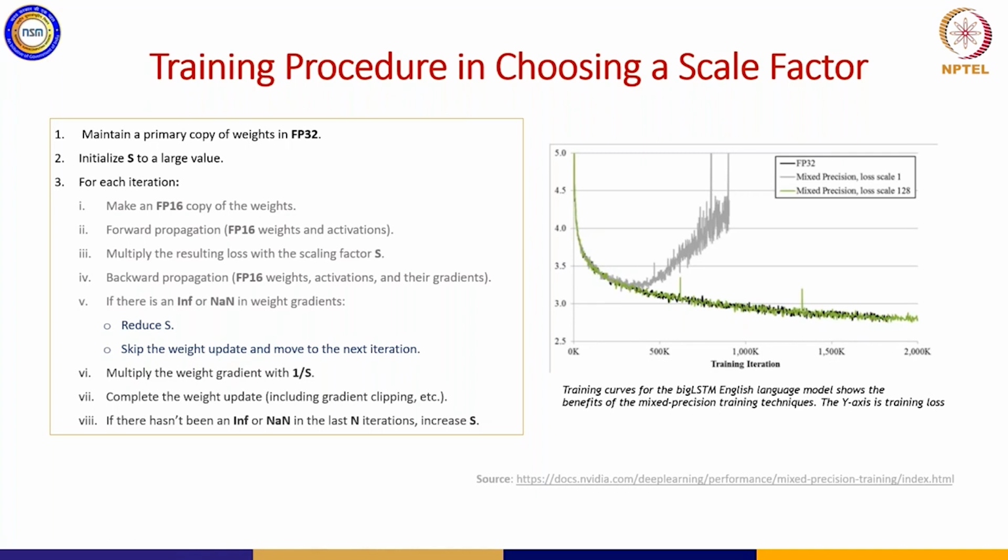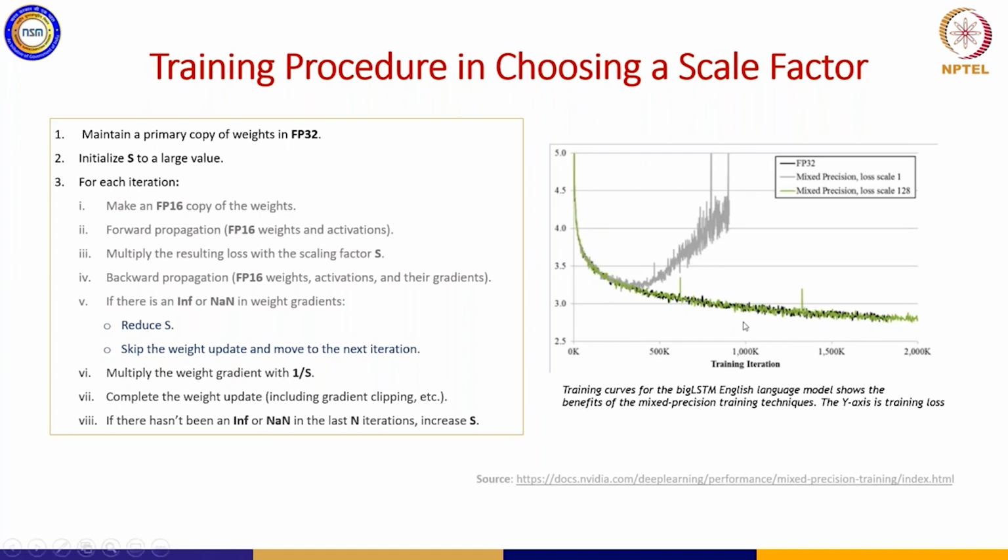When there is an overflow, you reduce it until you get a value where overflow doesn't occur anymore, and a slight increase beyond that value may lead to overflow. So at that exact point, you can use that particular